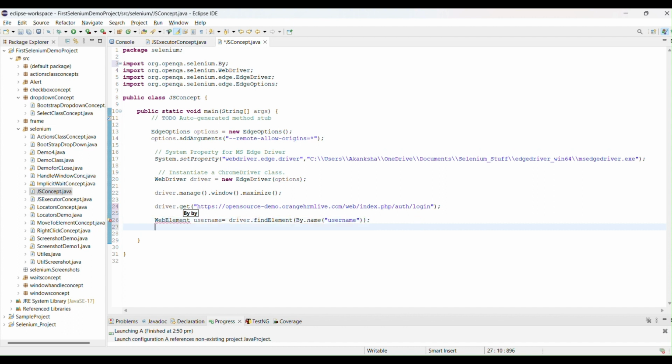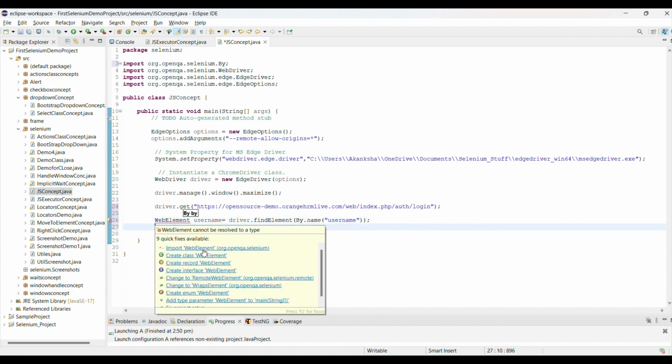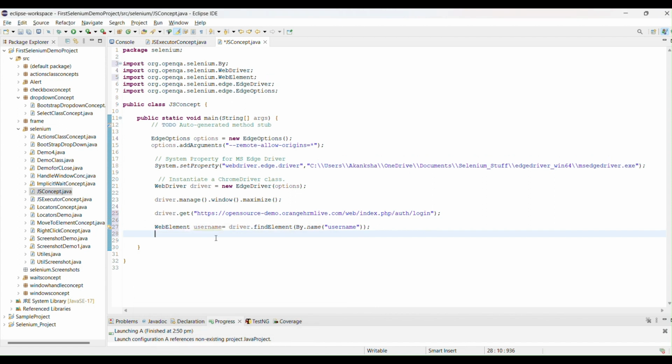See, and import this WebElement from Selenium, right? So now we created one web element, right? In this web element I want to enter an input value, right? So how am I going to enter an input value inside this web element, right?